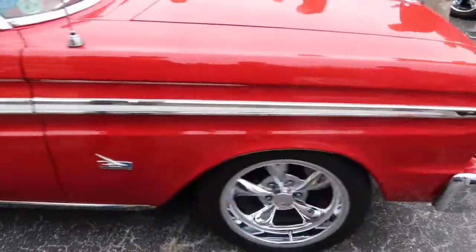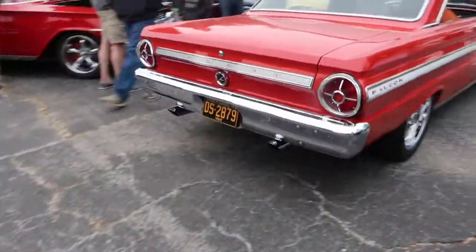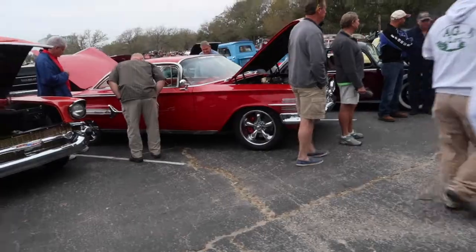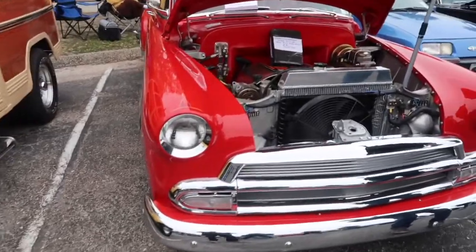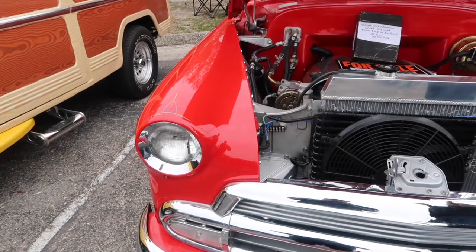To see another car like this. That sounds good. I just bought a